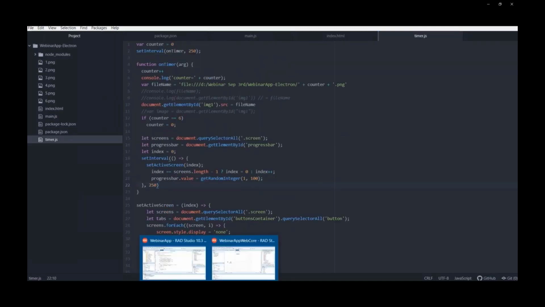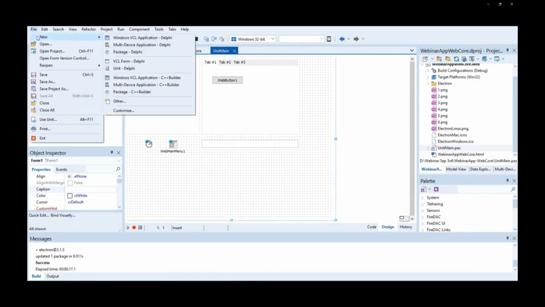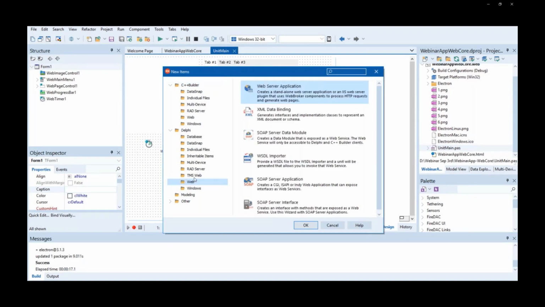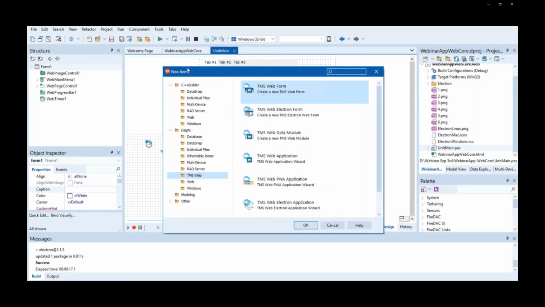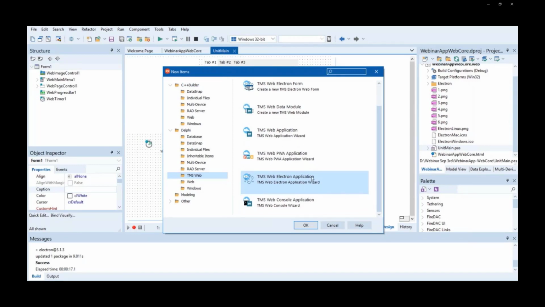Okay, and the third application is a TMS Web Core project application. If you are not familiar with such projects, you should have the TMS Web Core product, and you can go to the new items dialog box, and you will have a different type of Electron application, because TMS Web Core will add a wrapper for your JavaScript, which will be adapted exactly for Electron. And how it works,